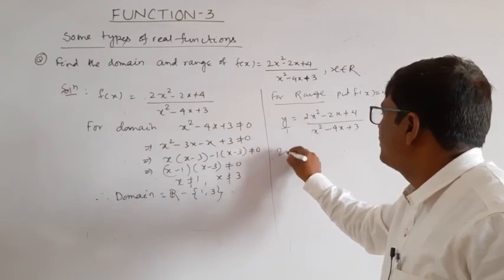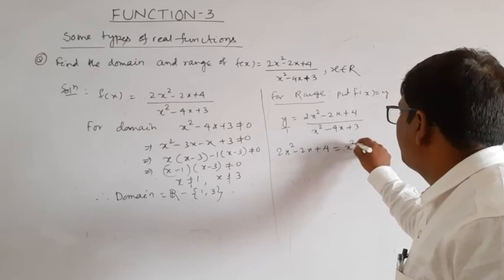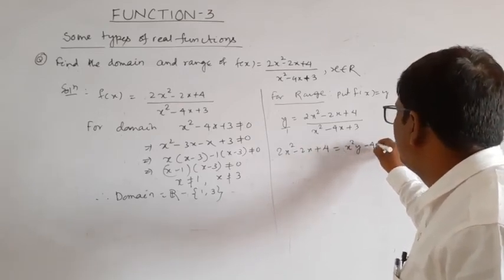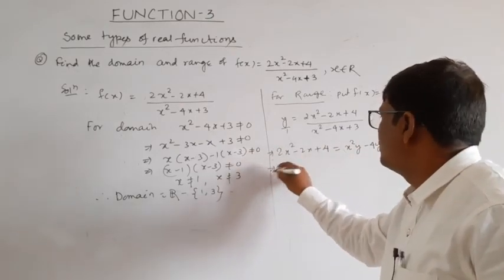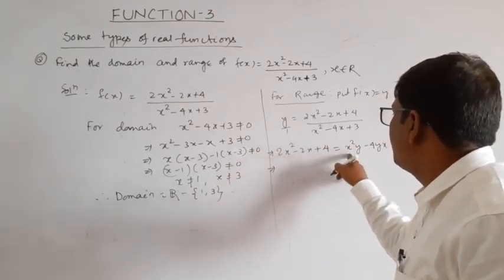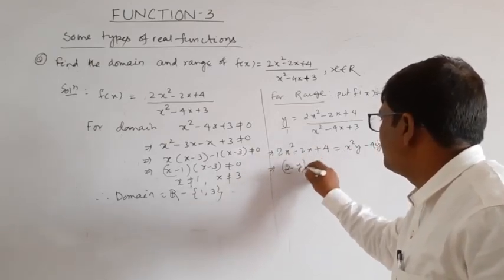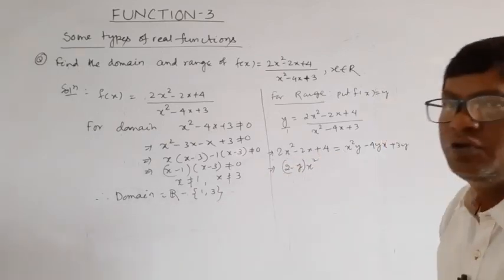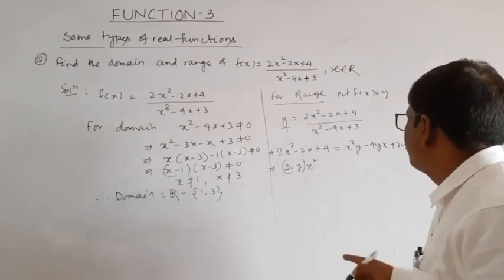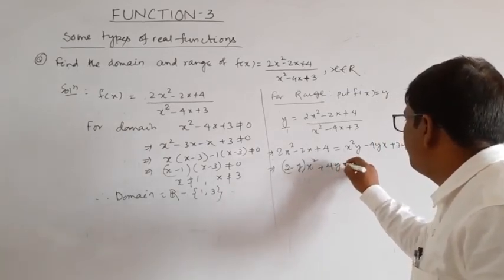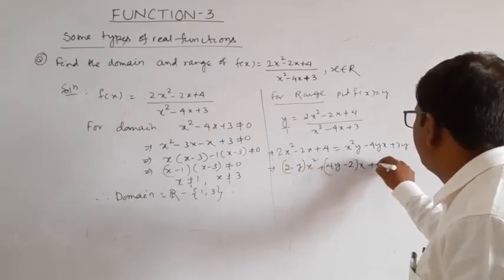So 2x square minus 2x plus 4 is equal to x square y minus 4yx plus 3y. That implies 2x square minus x square y, so common here, that is 2 minus y into x square, plus 4y minus 2 into x, plus 4 minus 3y